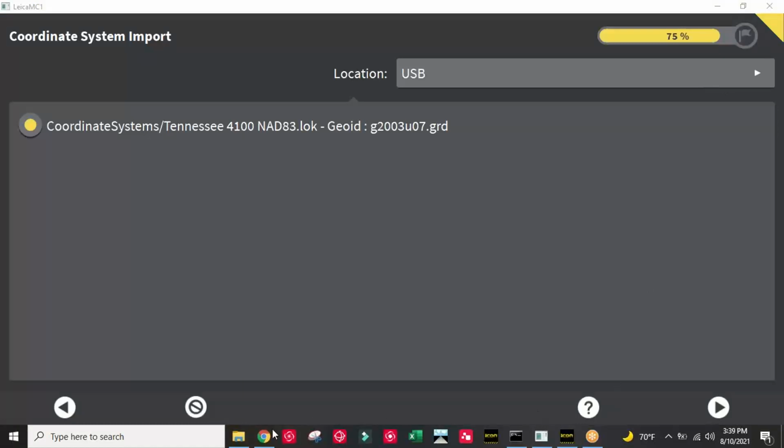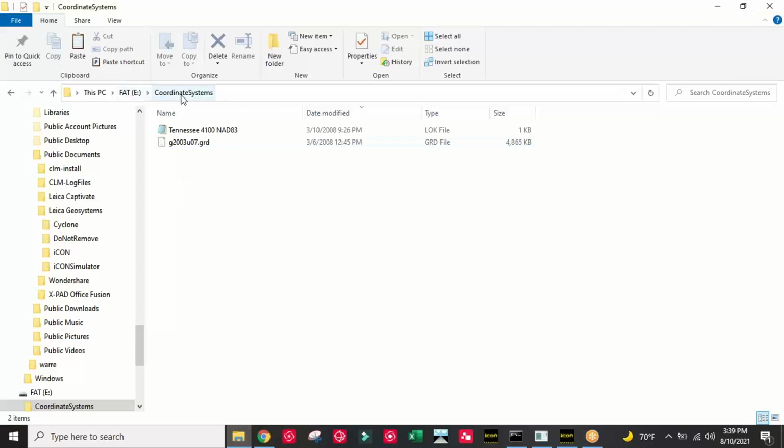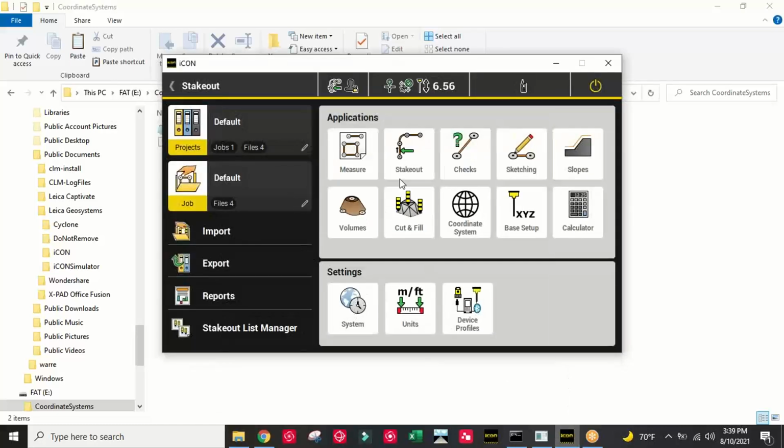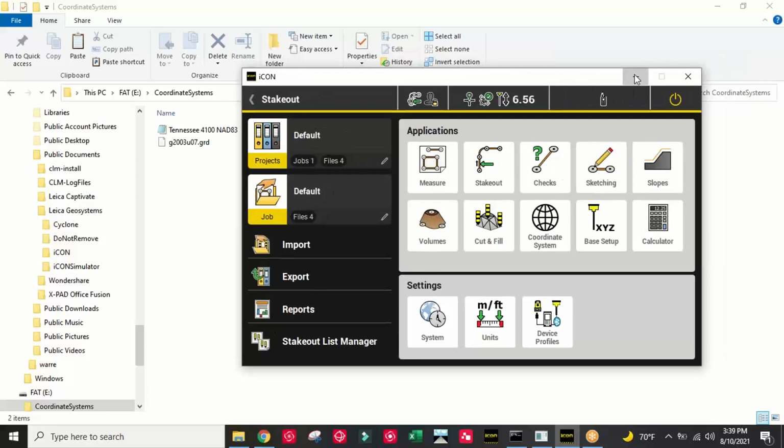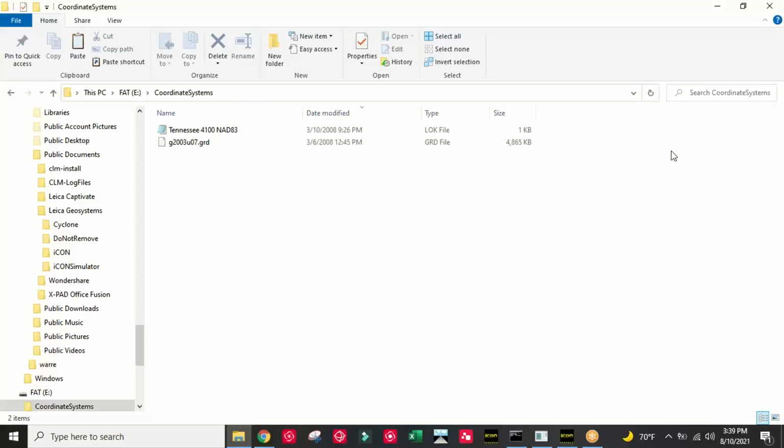All right, so I put one in the folder there, coordinate systems folder. I just put some dummy ones in there, but if you had yours that you did on your site and you export it out of Icon, it's going to go into the coordinate systems folder on your thumb drive. I just put these 2 dummy ones in there. I'm not really related to that job, but